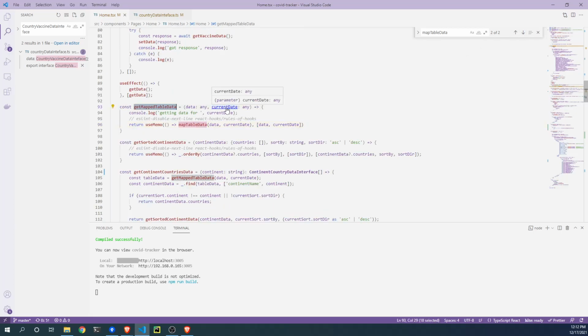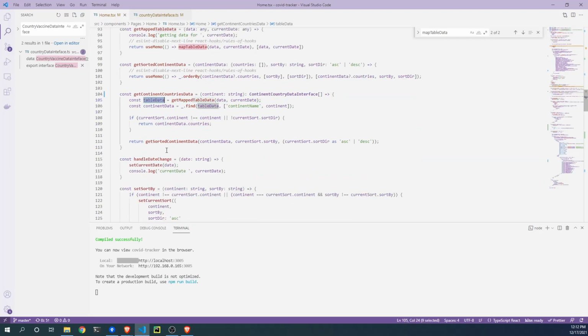Get mapped table data. Yeah, I have the table data, and I'm having the continent data, and I'm finding in this table data by the continent, and I have the continent countries, and I'm getting the sorted data. Yes, okay, and I'm ordering by